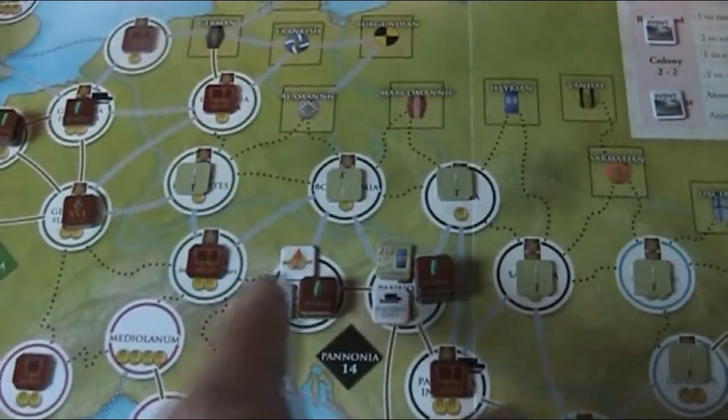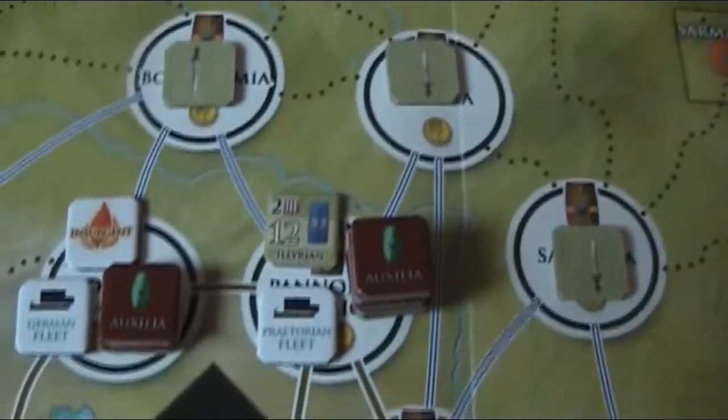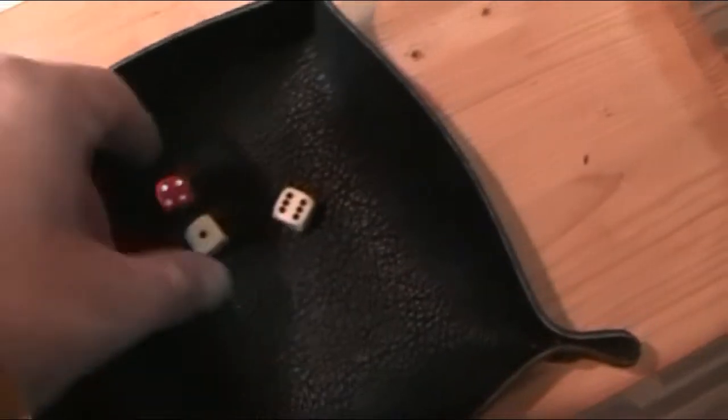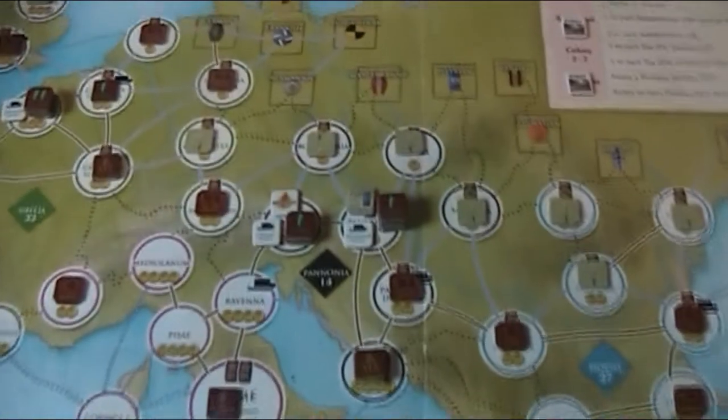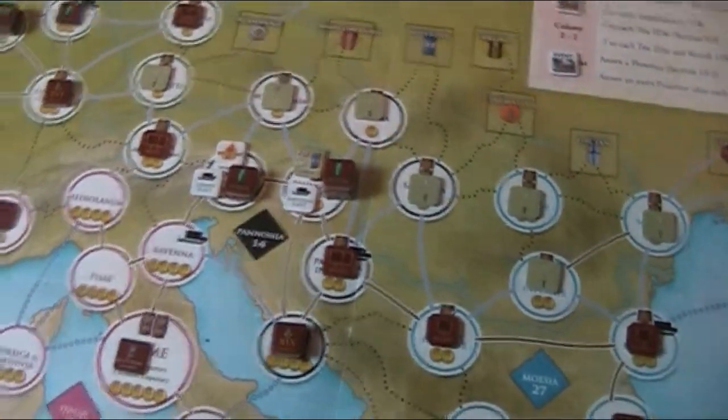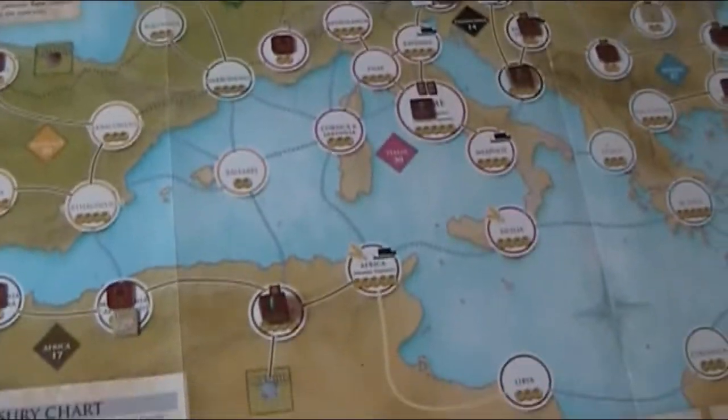Okay, let's fight this war now here, the Illyrian War. And we can also do it from here, from here, from here. So we are also in a very good shape here. That looks very good. That's a 12. Honestly, I don't think I have to calculate that through. I mean, the war has a 12, which isn't bad. But, you know, in the end...